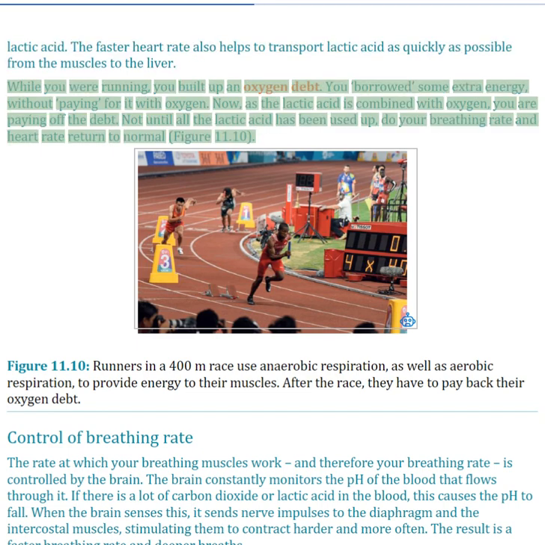While you were running, you built up an oxygen debt. You borrowed some extra energy, without paying for it with oxygen. Now, as the lactic acid is combined with oxygen, you are paying off the debt. Not until all the lactic acid has been used up, do your breathing rate and heart rate